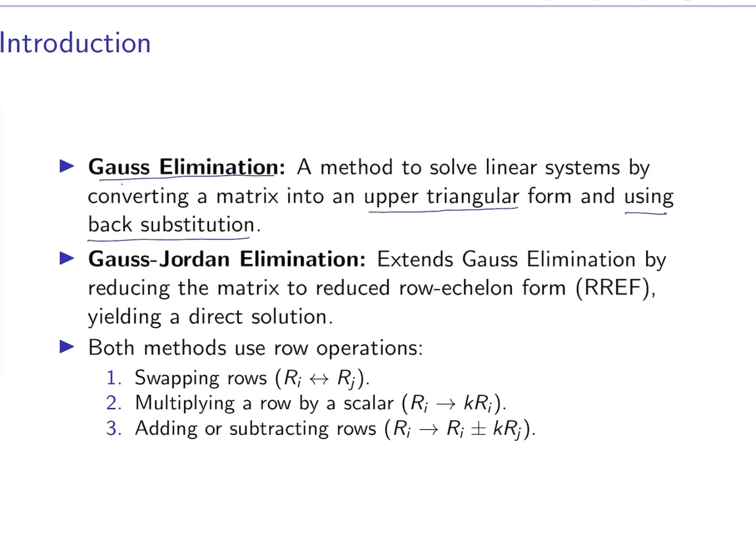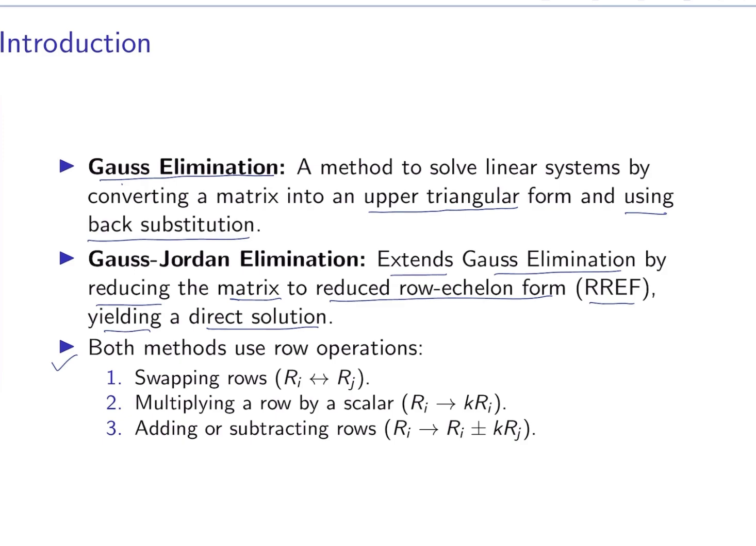Then the key difference between Gauss elimination and Gauss Jordan elimination: Gauss Jordan elimination extends Gauss elimination by reducing the matrix into reduced row echelon form, called RREF. Okay, yielding a direct solution, right? And